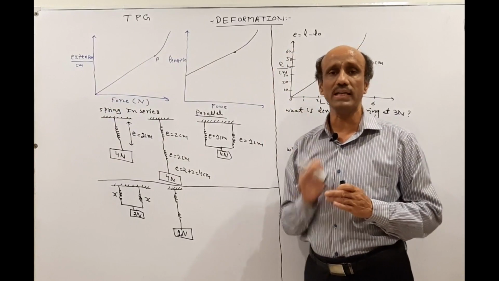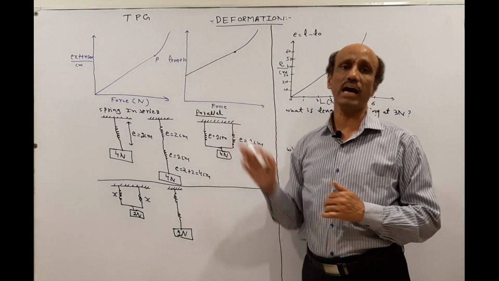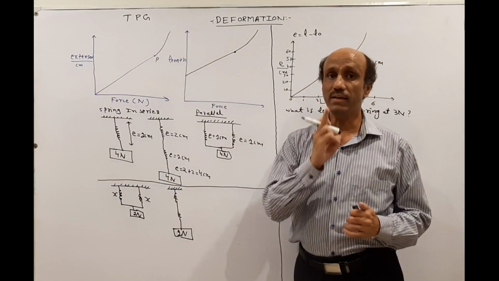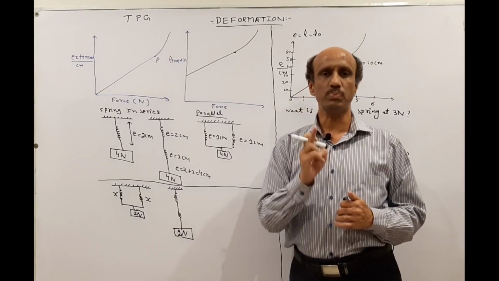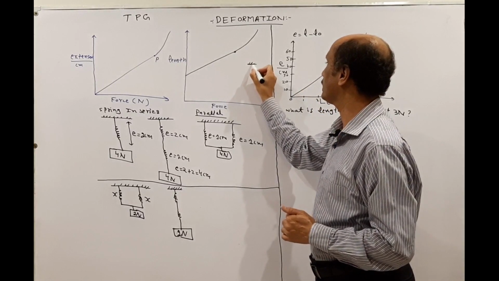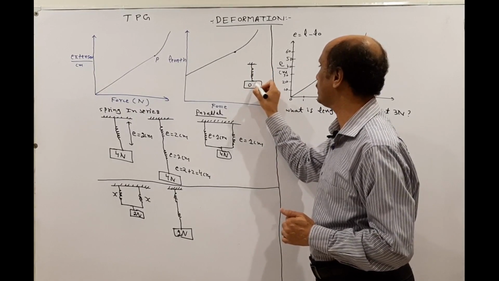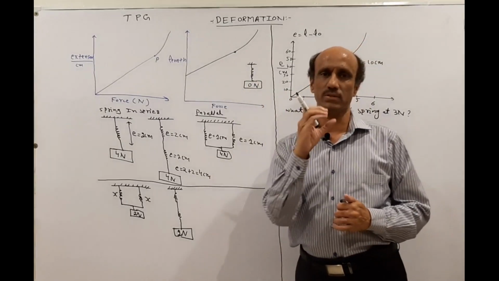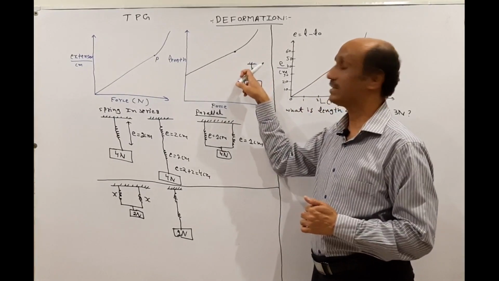But if you draw the graph for the length of the spring against the force or the load, the graph will not start from the origin. The simple reason: when the load is zero, what do you think, can the length of the spring be zero? Not at all, because length is a physical quantity. So if there is 0 Newton load, you can see that the length of the spring exists, and it means the graph will not start from the origin.